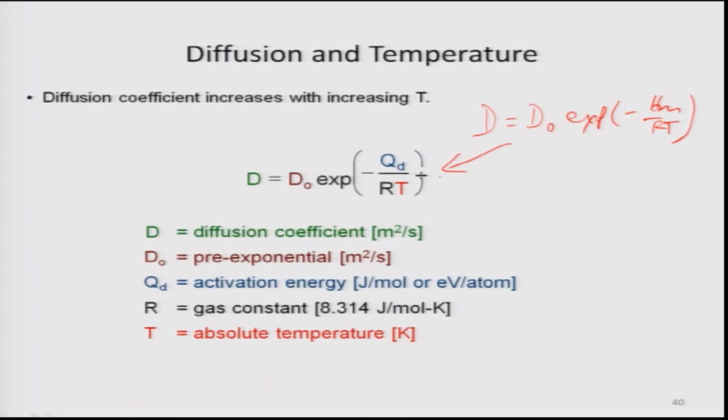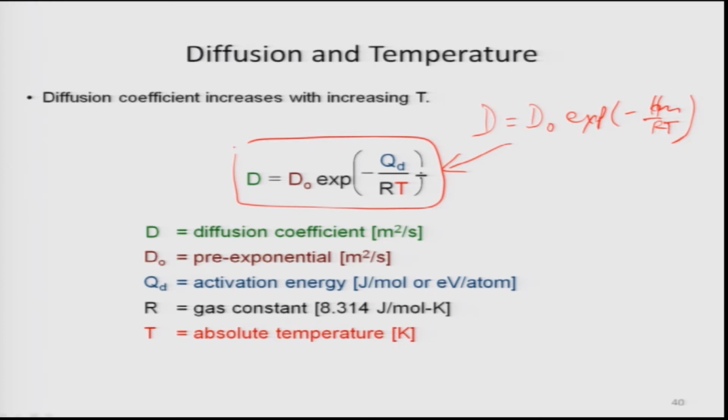Hm is nothing but the enthalpy of migration, that is, the activation energy for migrating one atom from one site to the other site. That is why you always see this fundamental equation: D is equal to D0 exponential minus Q by RT, where Q is the activation energy for diffusion to happen,